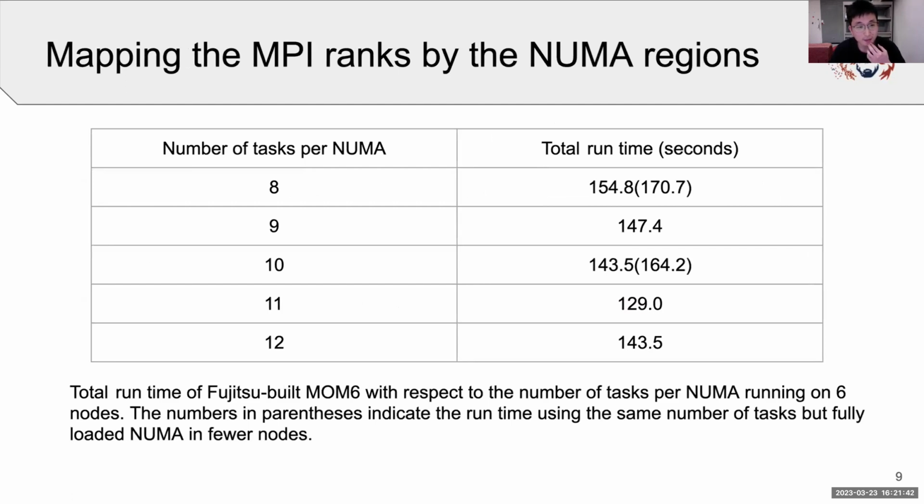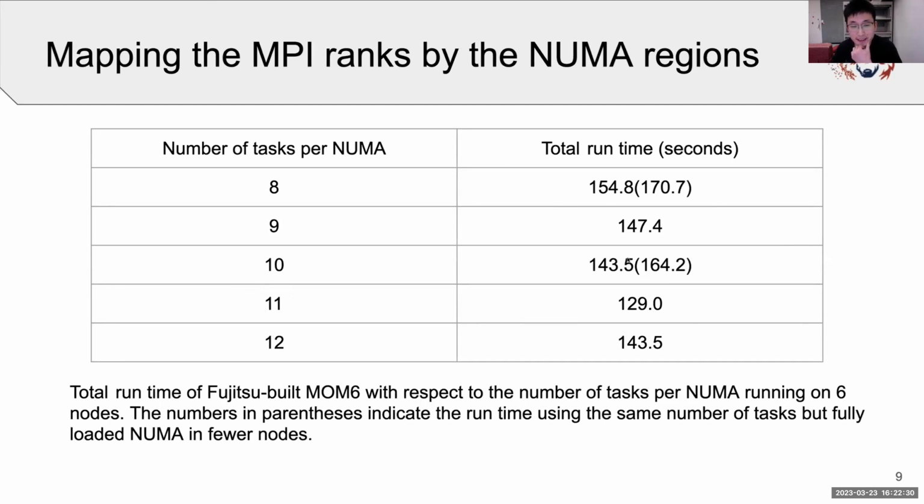And we also test mapping the MPI ranks by the NUMA regions. First, we fully load the 12 tasks per NUMA, and it gives us relatively low speed compared to one task less per NUMA. So 11 tasks per NUMA is the fastest, the optimized number of tasks per node we got, and